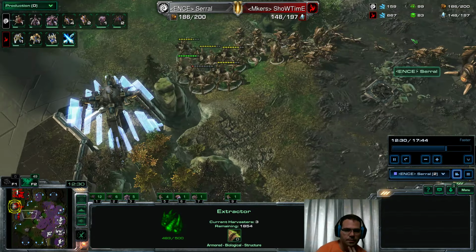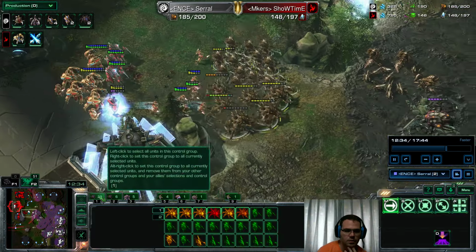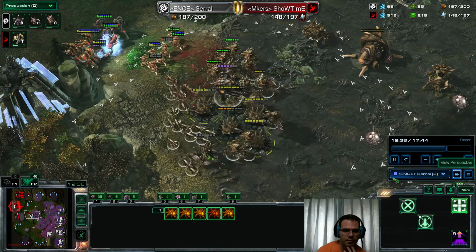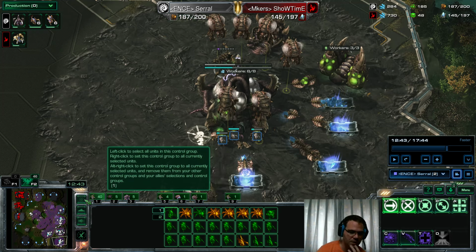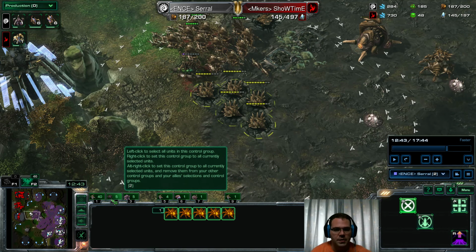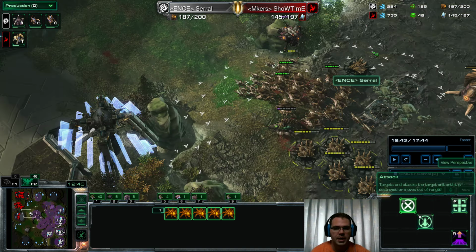Lurker's a good unit. So he's got his lings. Okay, so this is also something I learned from Serral. He has his lurkers. Let's just look at his control on this now. This is really interesting. This is exactly how I do with lurkers too. So full army on 1, lurkers on 2, which means he doesn't need to go like 1 move, 2 move, because this all should be